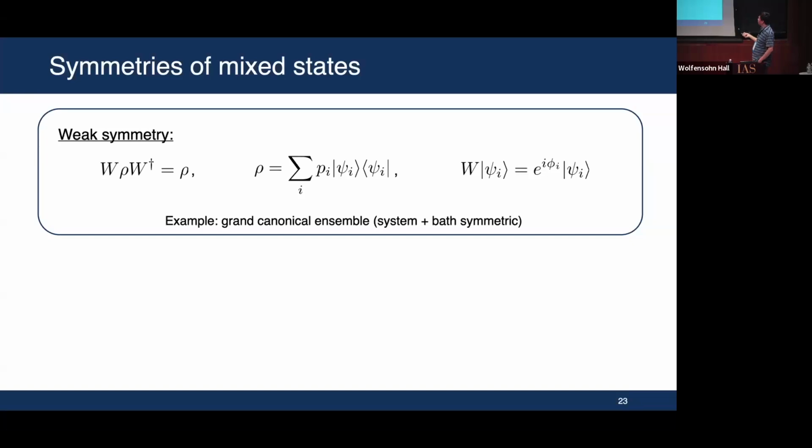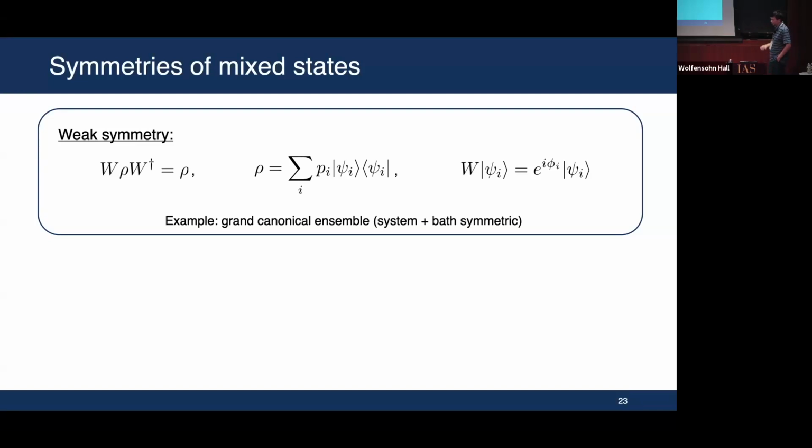So the weak symmetry is just some unitary operator that commutes with the density matrix. Okay, so W is a symmetry operator. Rho transforms under W into W rho W dagger, and if this equals rho, we say that rho has a weak symmetry W. Okay. So we can go to a basis where W is diagonalized because rho and W commute. We can diagonalize both of them, and we get a decomposition of rho into pure states with some probabilities p. And the weak symmetry means all of them are eigenstates of W, but with different eigenvalues.